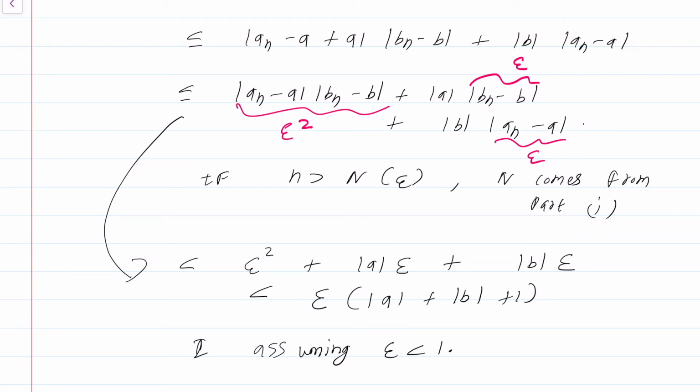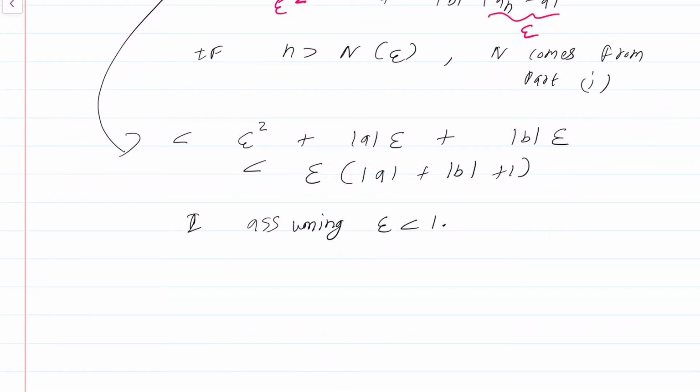If I can show that the quantity I am interested in, |a_n b_n − ab|, is less than epsilon whenever epsilon is less than 1 for n sufficiently large, then by the discussions we have had in quite detail earlier, I would get a global function N defined from R plus to the natural numbers that does the job in the definition of convergence. So I have finally got that |a_n b_n − ab| is less than epsilon times (|a| + |b| + 1). So again, by the k epsilon principle,